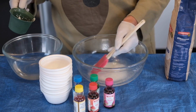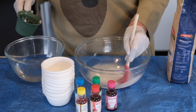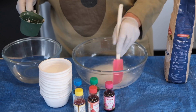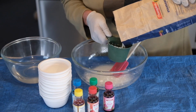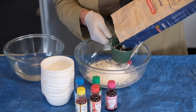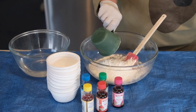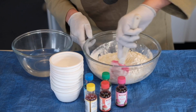Children, so it took me longer than I expected. I've been stirring this for a few minutes now, so I'm going to give it a go. So make sure you use warm water, quite warm, not cold. Now I'm going to put my 2 cups of flour in, any flour. So we've used 1 cup of salt, 1 cup of warm water, 2 cups of flour, and fingers crossed